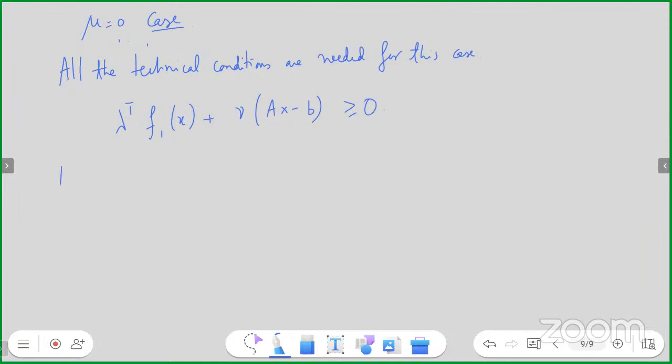So from Slater's condition, what do I have? Existence of what? There exists an x tilde for which f_i of x tilde is strictly less than 0, and Ax tilde equals b. So if I evaluate